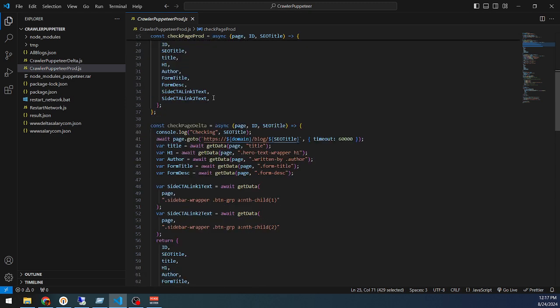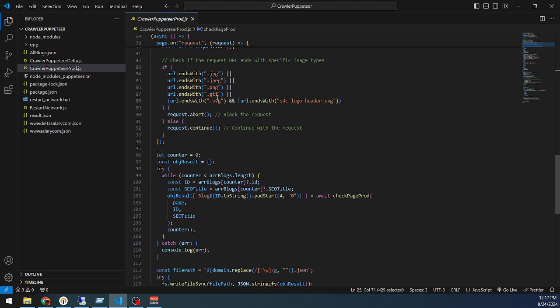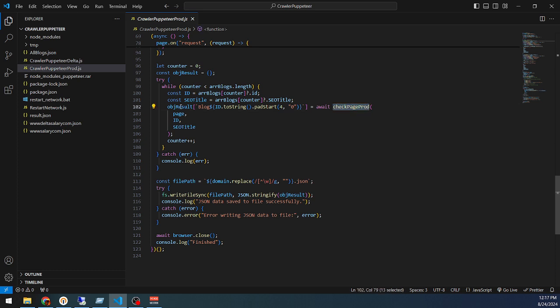After that, it will be returned here, and then we will create another property on this result object with the prefix blog, and then the blog ID, padded to 4 digits. And if ever this code fails or throws any issue, we have a try catch here to make sure that we are still able to save the collected data